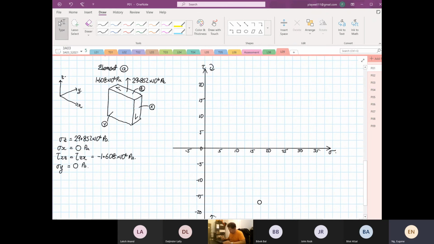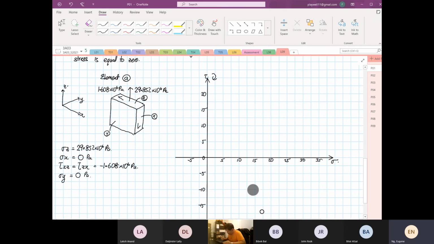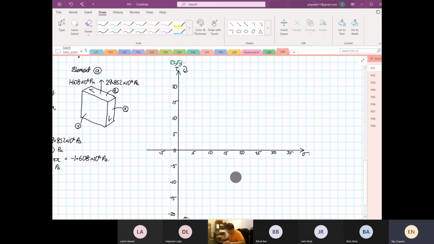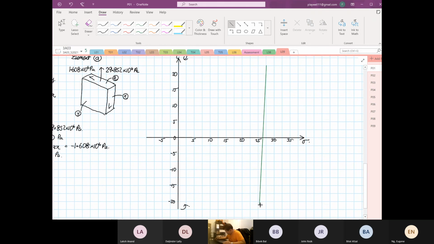Right, let's see what we have now. So we know that stress X and stress Y are equal to 0. So this is your stress X and stress Y is equal to 0. Stress Z is equal to 29.852, so I'm just going to eyeball this. So this is approximately where your